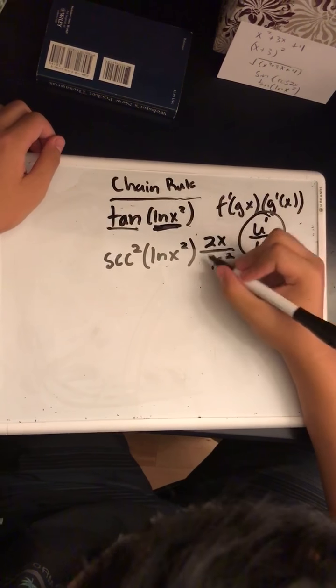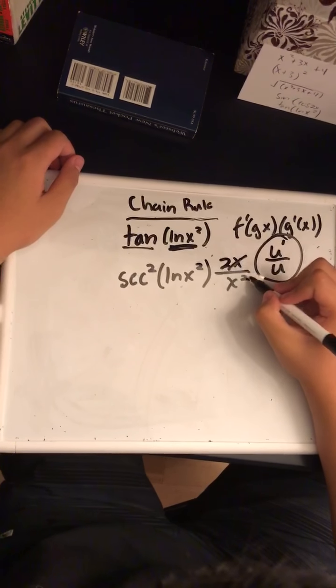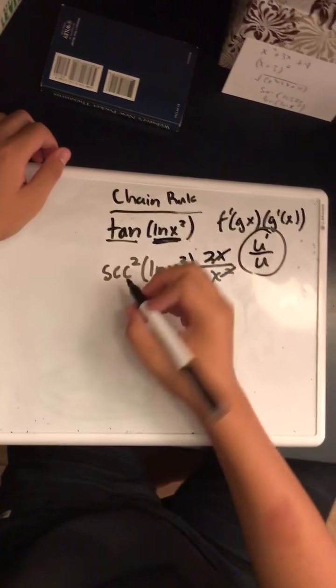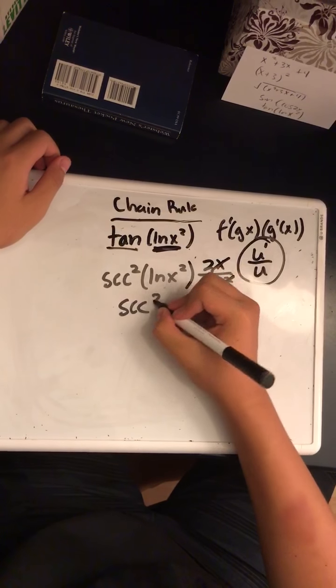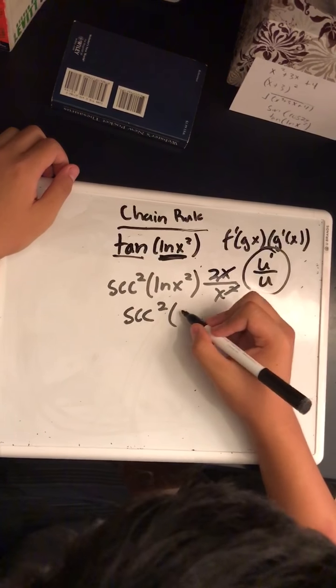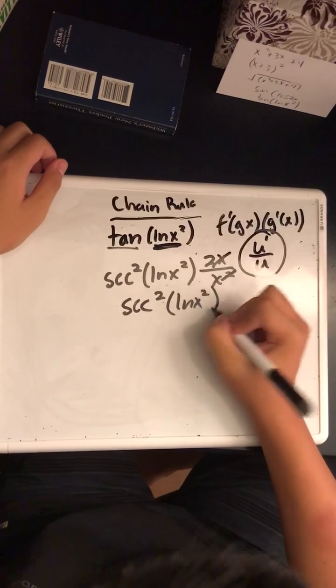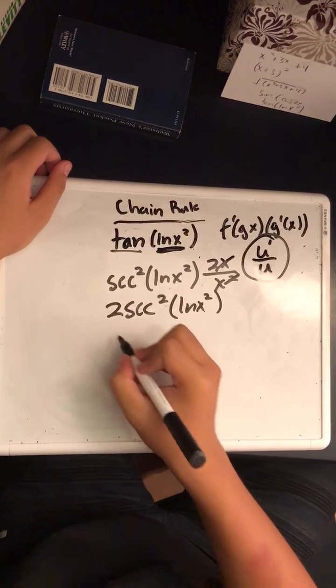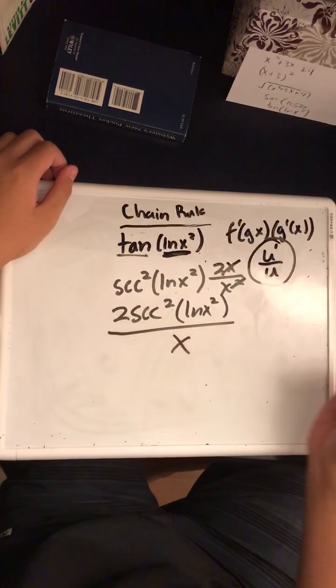Now we can simplify this one right here. Cancel out the x right here and then cancel out the square. It would be secant squared of ln x squared times 2 right here, all over x. This would be our final